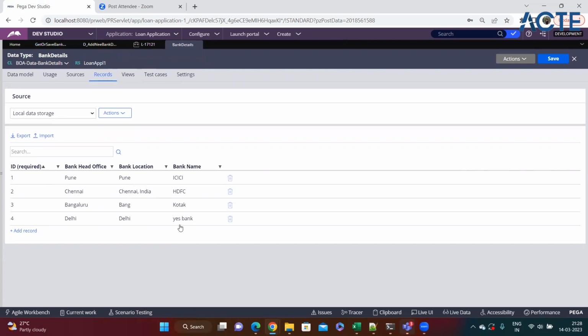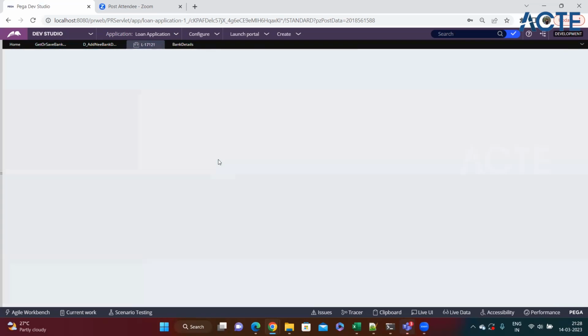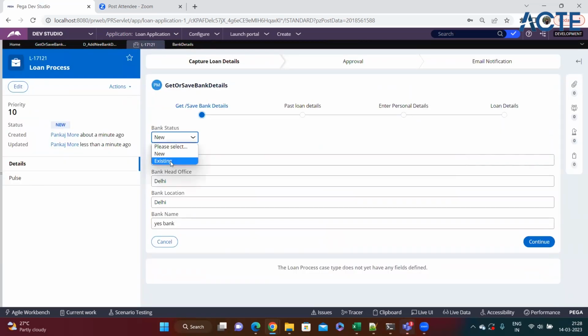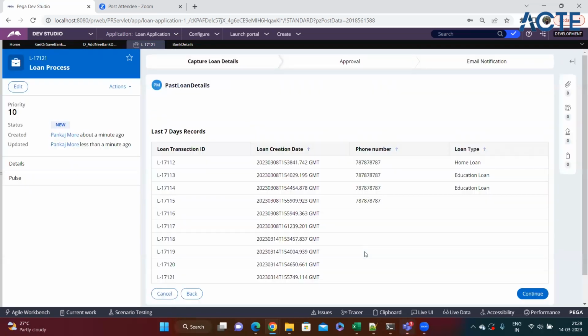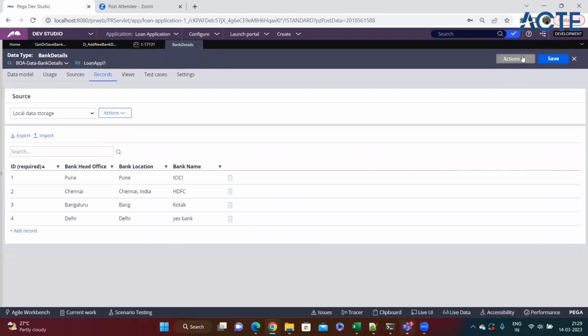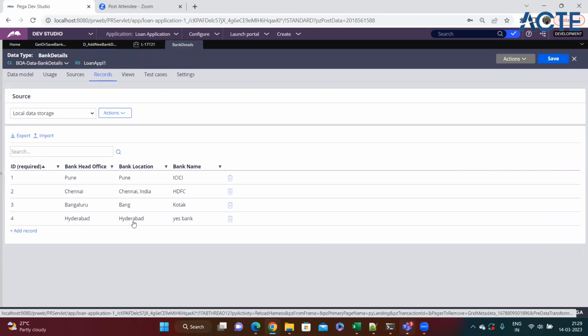Now let's say Yes Bank says, oh no, we have changed our location to Hyderabad. So what can the user do? The user can open it again, and this time select existing, and then all the data will come here, and we change it to Hyderabad. Continue. Now if we refresh it, you can see that the fourth record got updated with Hyderabad. So this is how you can use your Savable Data Page